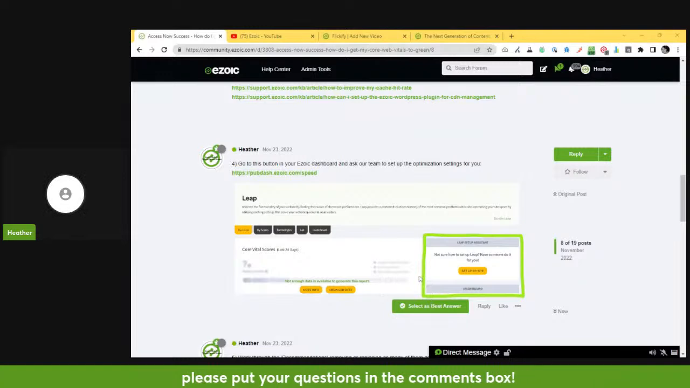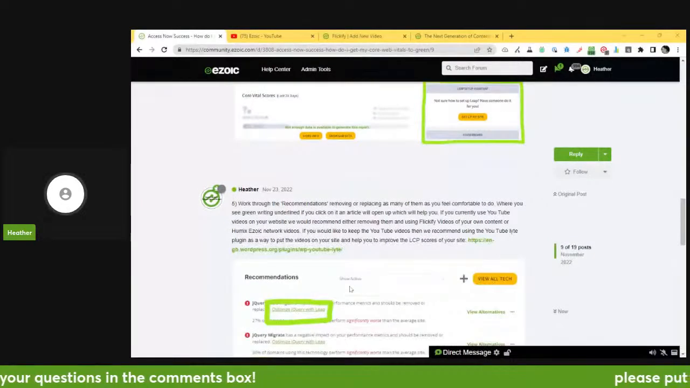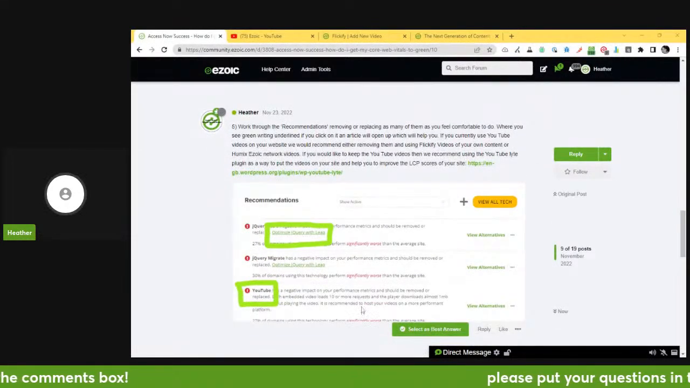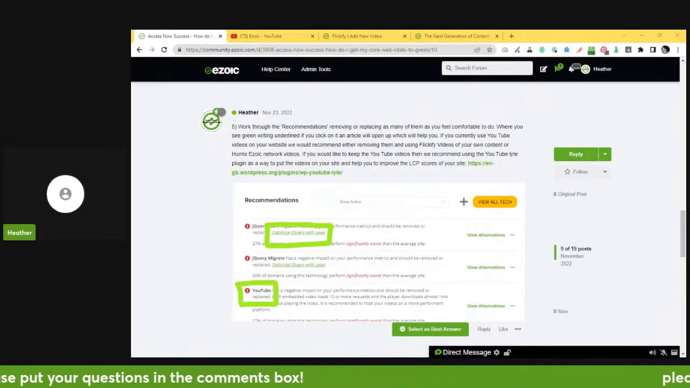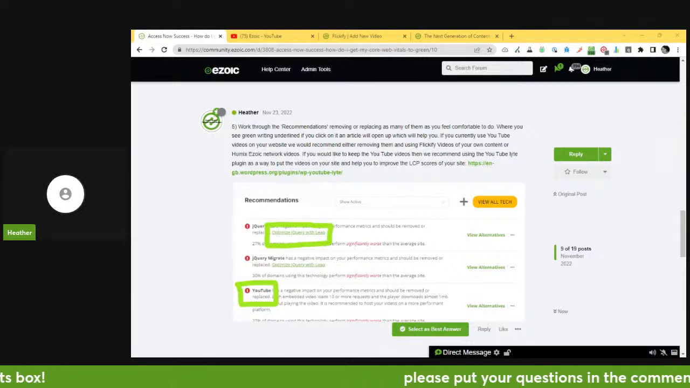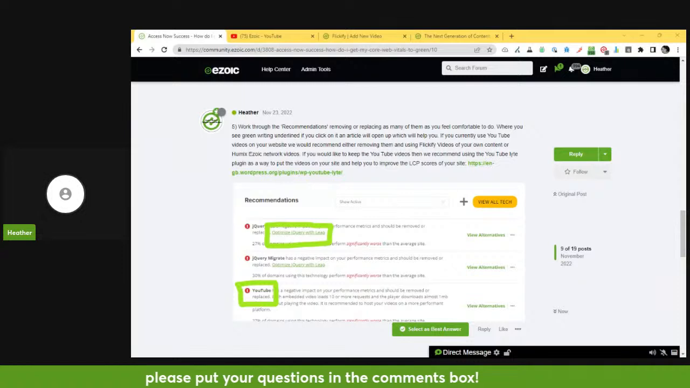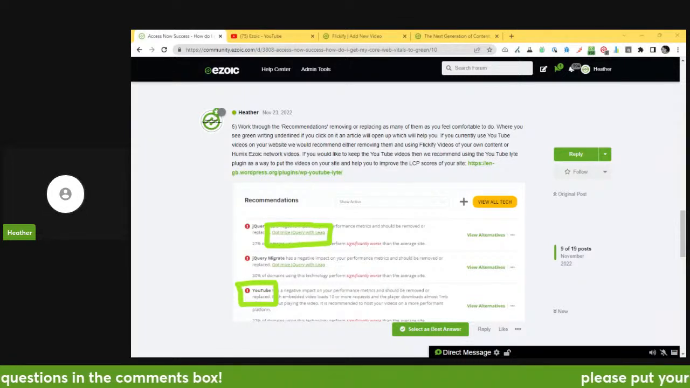And another thing to do, AJ, is to make sure you've got your optimizations set up, and then work through the recommendations, moving or replacing as many of them as you feel comfortable to do. We totally understand that there are going to be some plugins in there that you really need and are really important to your site layout and site functionality. So obviously you need to keep those, but there are going to be others where you can change them and still get the functionality that you're looking for, but in a way that's going to help your